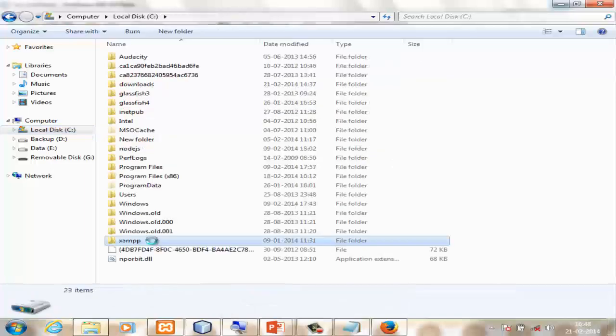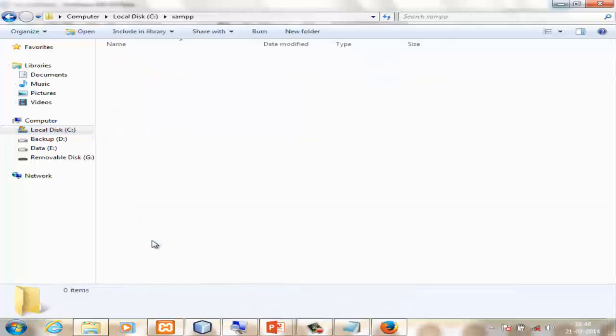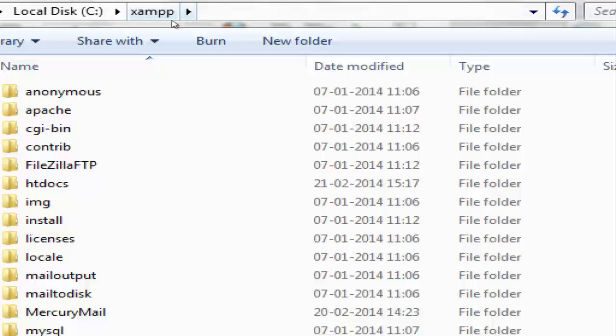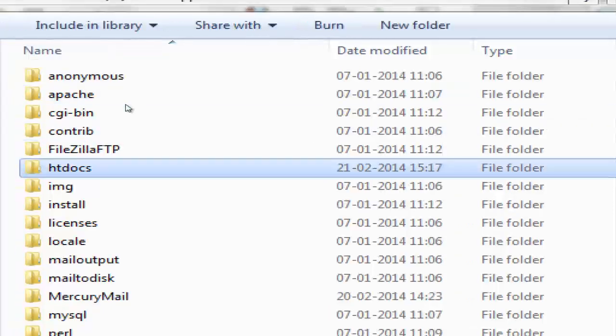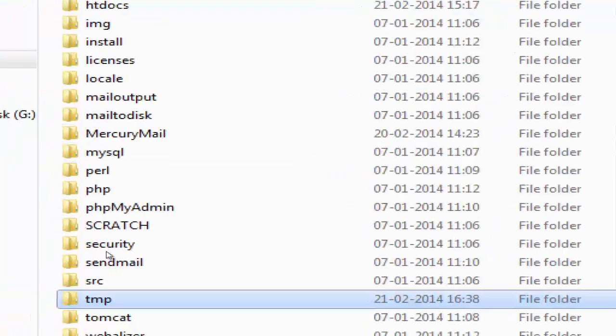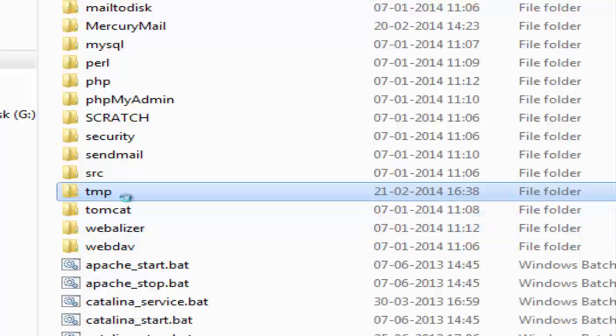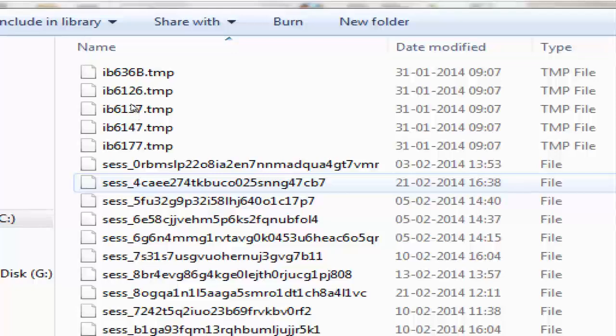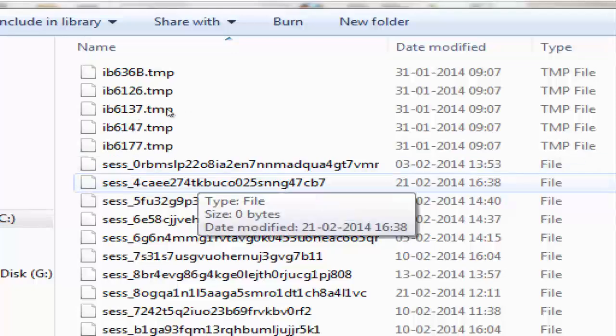So the location can be set by you. The default location is in the exam. You have a location called temp. There is a folder called temp. This one has files. These files correspond to the sessions that are there. For every session it is creating, it's going